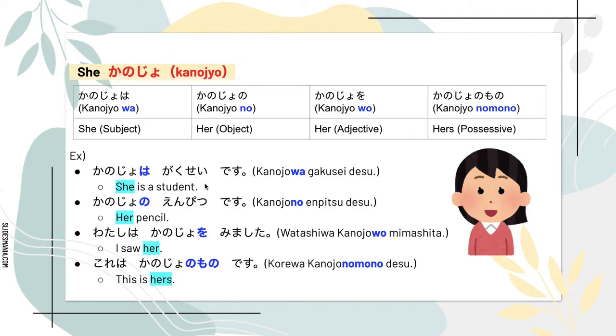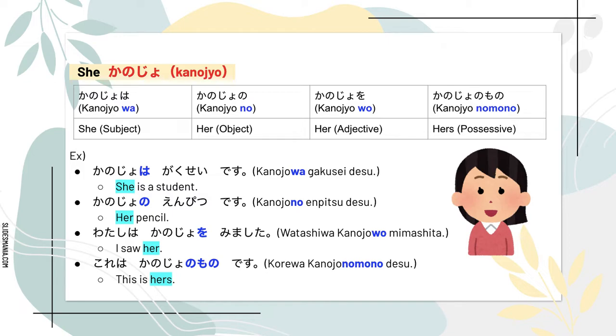The first sentence would be subject sentence. So the example says she is a student. She in Japanese is 彼女は. And if you would say she is a student in Japanese, it is going to be 彼女は学生です。